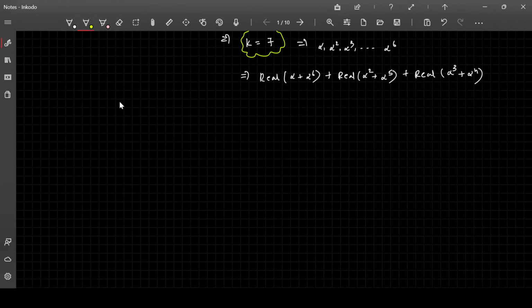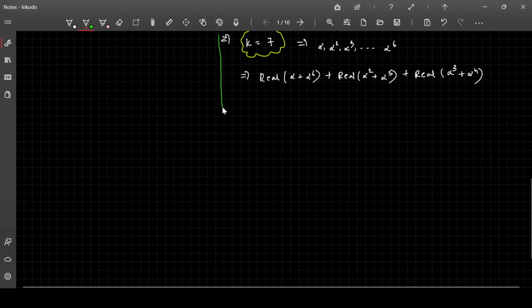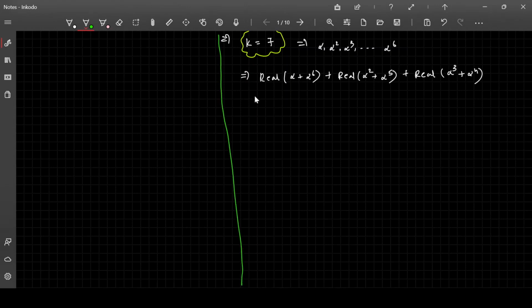I just wanted to divide a line. What pen can we use? Yeah, we can use this. Yeah, nice. I just wanted to put all the stuff in one place so that people don't get confused.